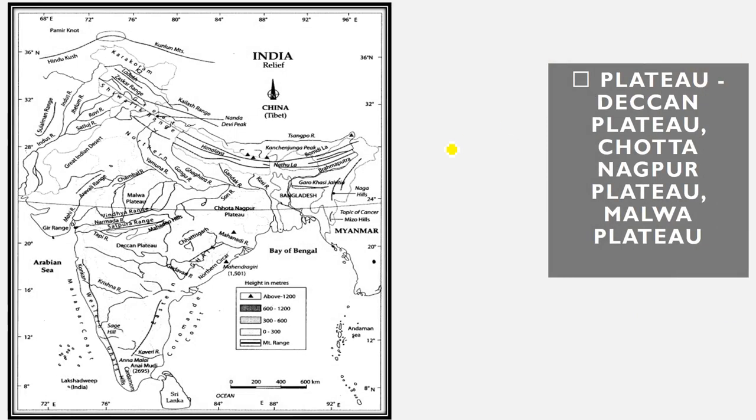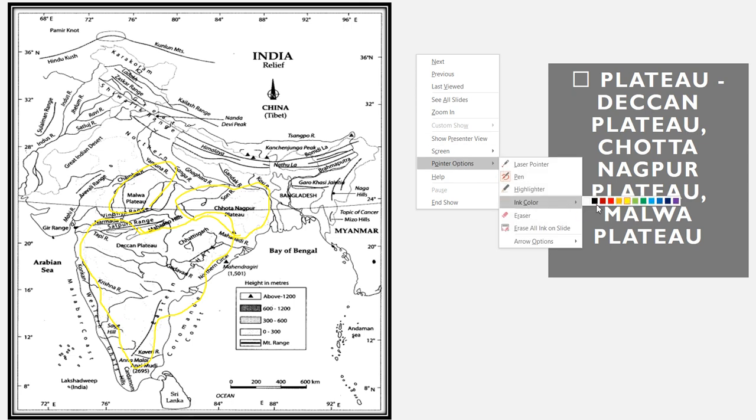We are going to locate plateaus. We are going to locate the Deccan Plateau, Chota Nagpur Plateau and Malwa Plateau. First one we are going to locate is the Deccan Plateau. Deccan Plateau is a big area. It's not a small area. You have to locate the whole of this area as Deccan Plateau area. Right? It's a big one. The Malwa Plateau you are seeing here, the Malwa Plateau and the Chota Nagpur Plateau. The plateaus are not a single place, so you have to locate them using bigger portions, right?